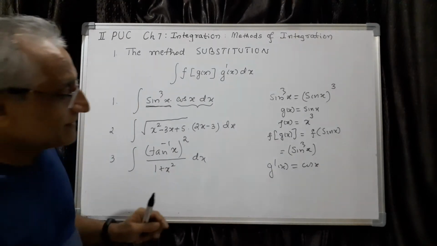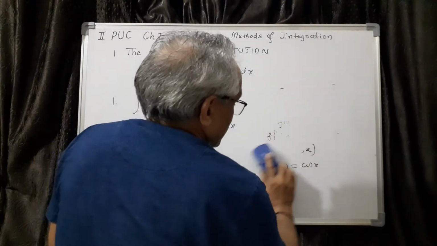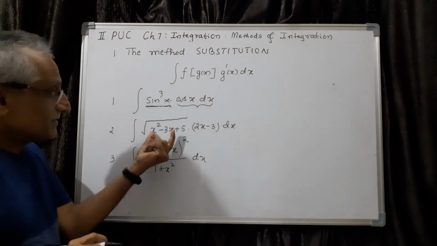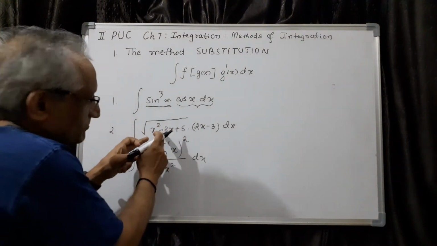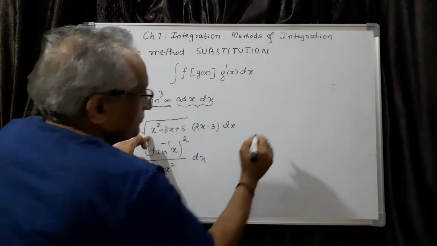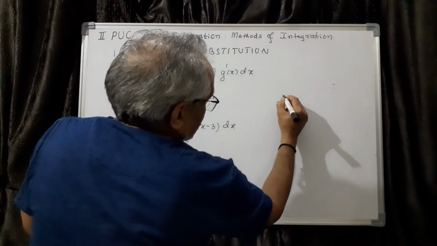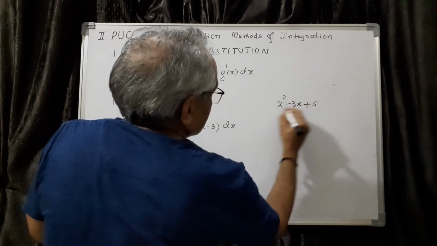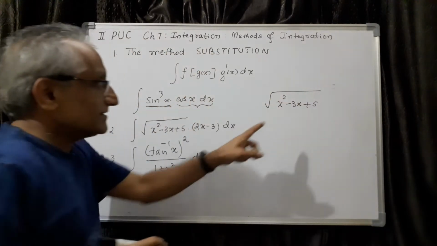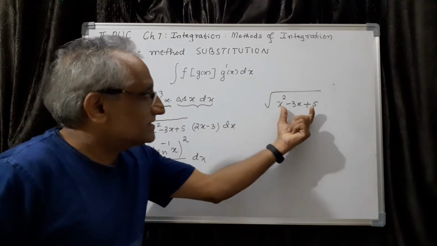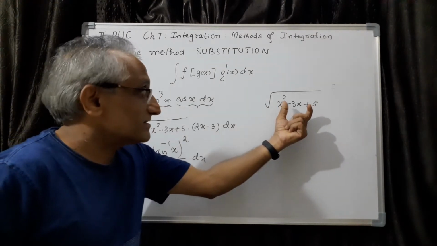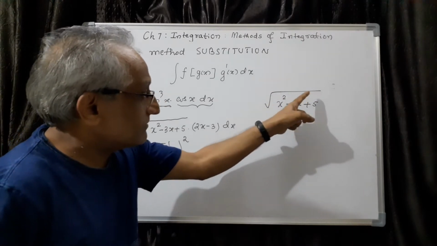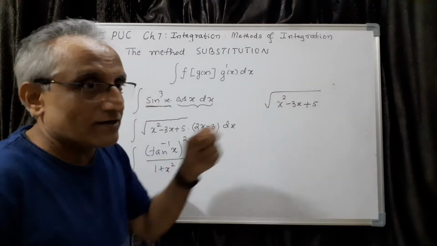Now similarly, you can identify here. If you take this as the function, here afterwards once again you see this is a composite function. If you take the function x square minus 3x plus 5, then you are taking square root. This also has two functions. This is the inner function. Then square root. So once again, f is the square root function. This is a polynomial function, a quadratic function.